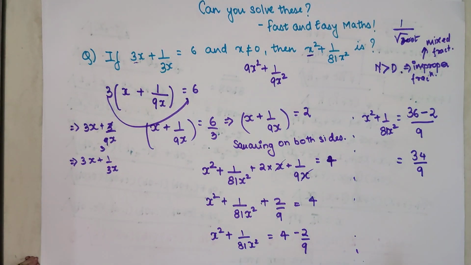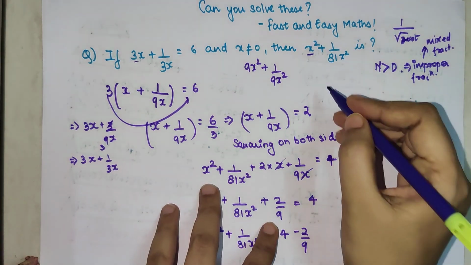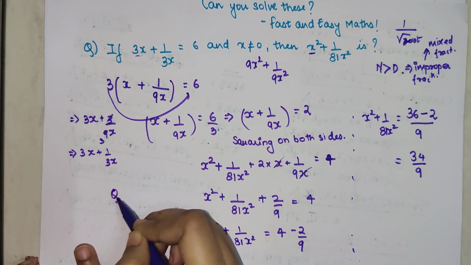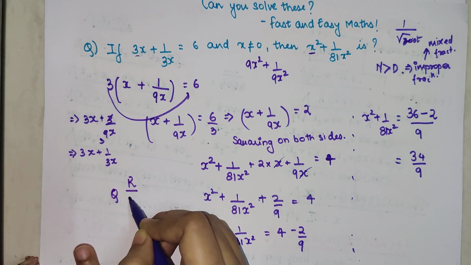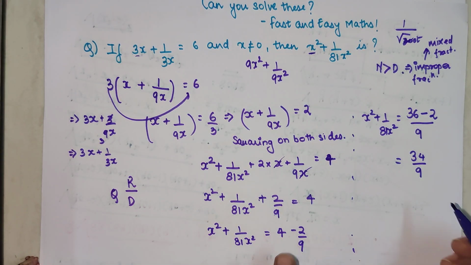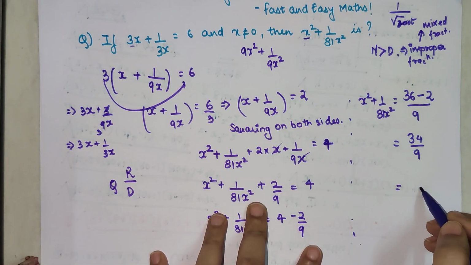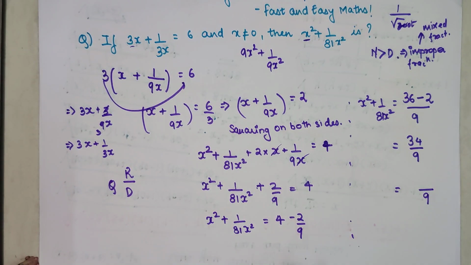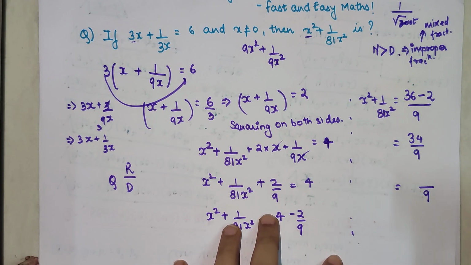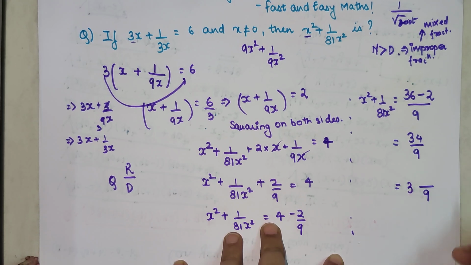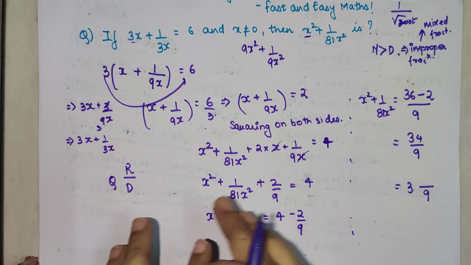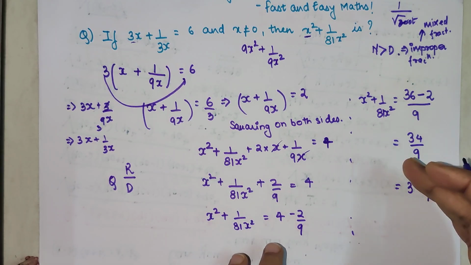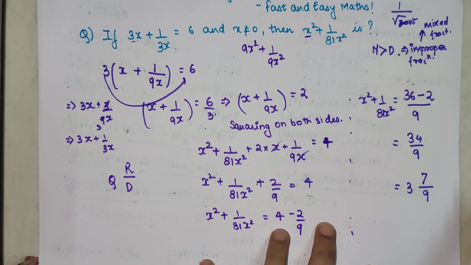Okay, so what is a mixed fraction form? It's nothing but just writing your answer in terms of quotient, remainder and divisor. So here my divisor remains the same. 9 will still be my denominator. Now what should be your quotient? When you divide 34 by 9, your quotient comes out to be 3. And what is your remainder? Your remainder is just subtracting 27 from 34. You will get the answer as 7.